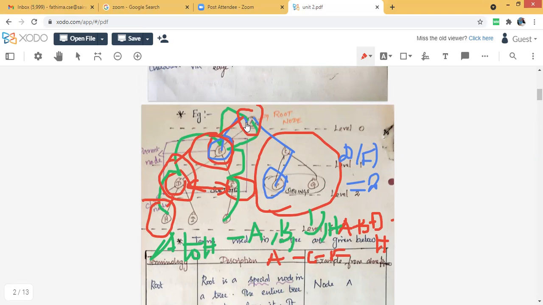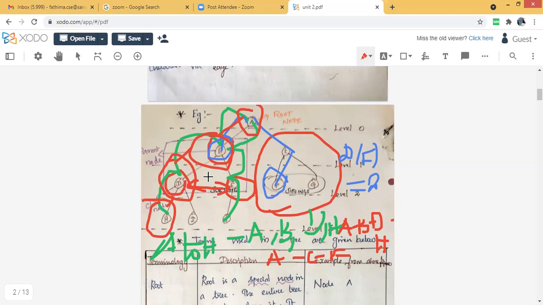You count the edges, and the height of the node will be that edge count. Here I have the nodes A to B, B to D, D to H, 4 nodes, but the connectivity is only 3, right? So the height of A will be 3.